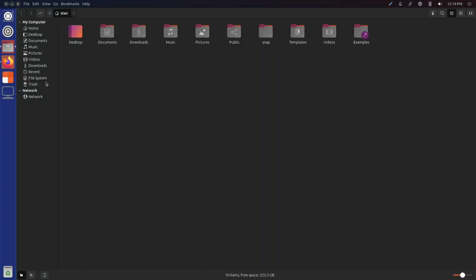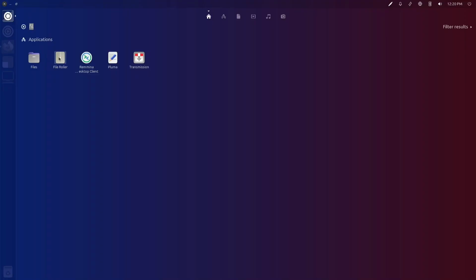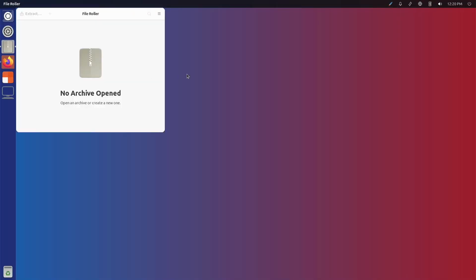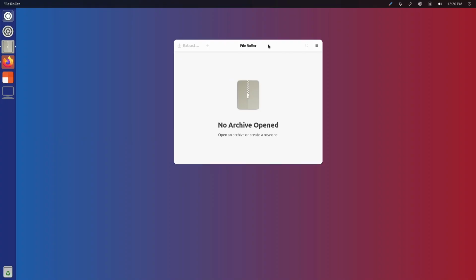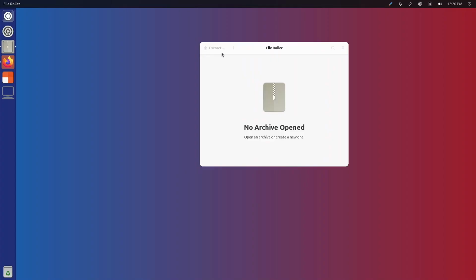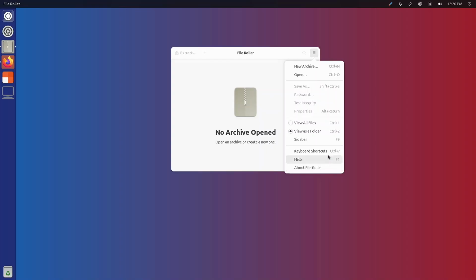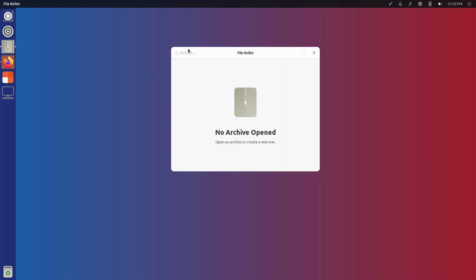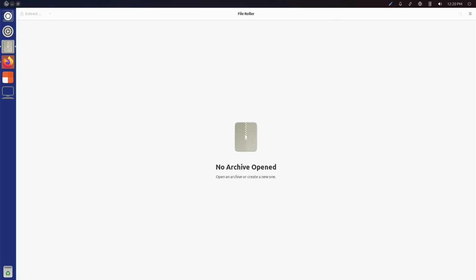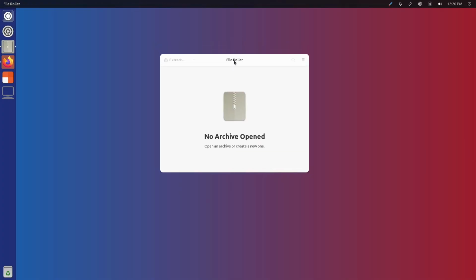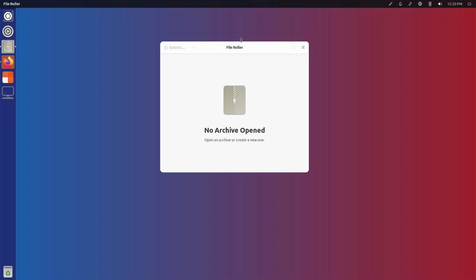Okay, what the fuck is File Roller? Okay, I did eject it. I just didn't pull the thumb drive out physically. So what is this File Roller? Oh, you know what this is? This is for like zip files. How do I close you? Okay, I see. So I think this is a no map.